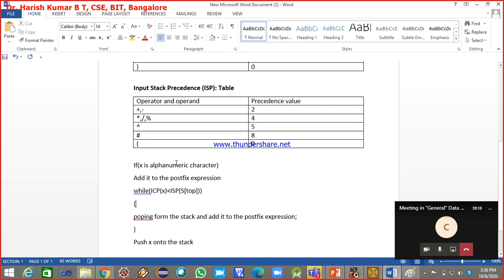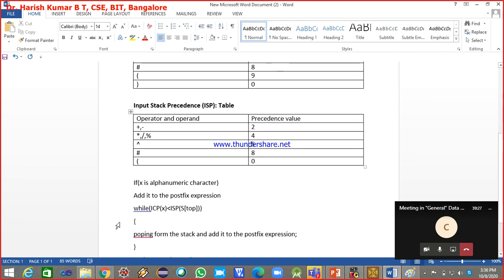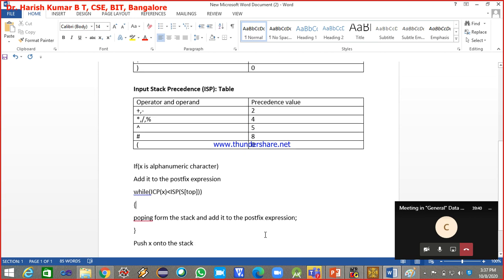If it is not an alphanumeric character, then you take the character and its input character precedence from this table, and compare that with the precedence value available in the stack precedence. If the input character precedence is lesser than the stack precedence, then you go for popping the element from the stack and directly add it to the postfix expression.